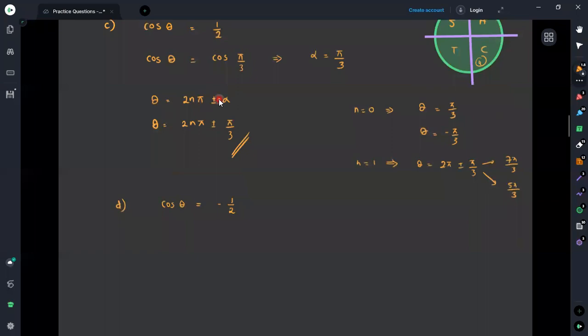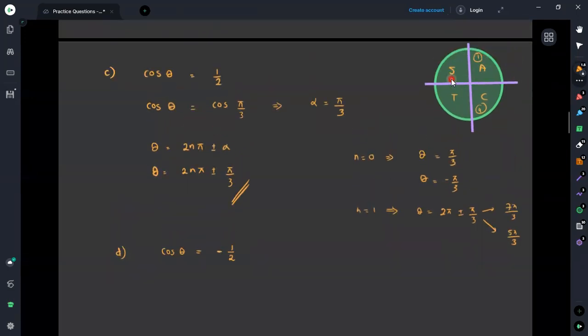What we know is cosine has minus values. Minus values for cosine should be obtained from the second or the third quadrant. Therefore, if you are measuring the angle using the associate acute angle rule also, we can easily find a solution for this. What we know is if you are measuring the angle in this direction, as we have discussed in the previous session, we can obtain this as the negative value.